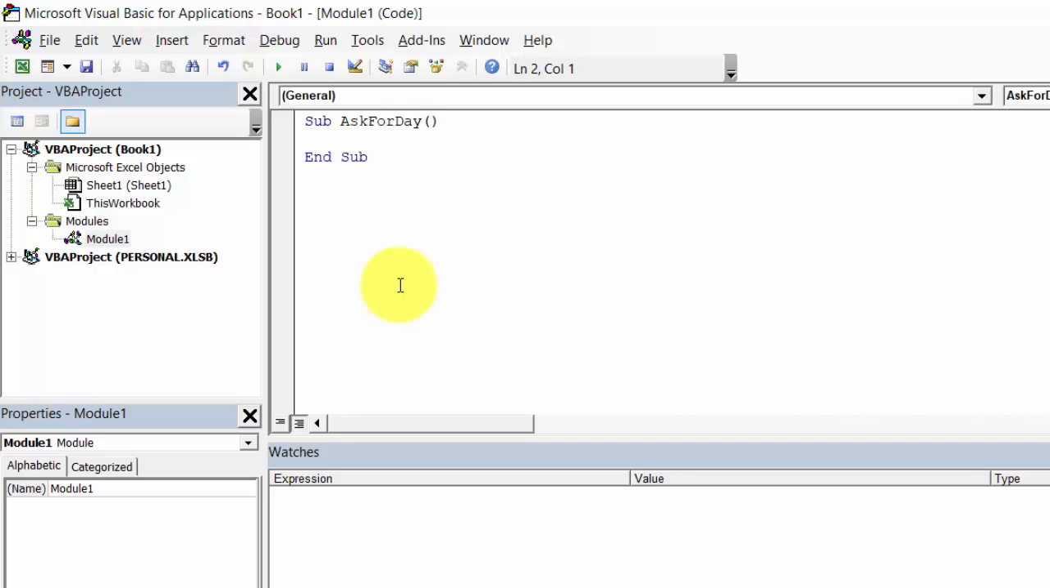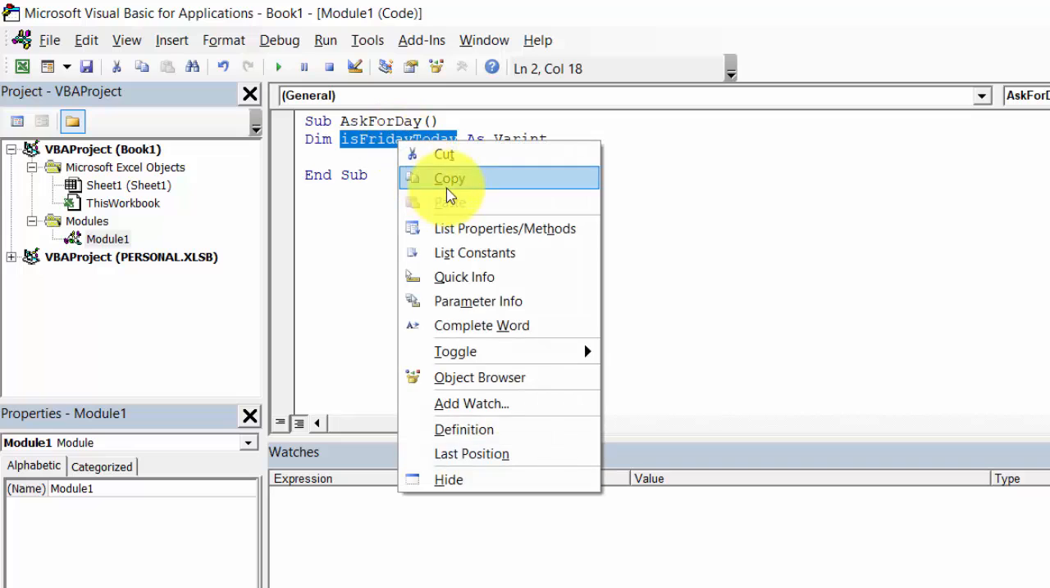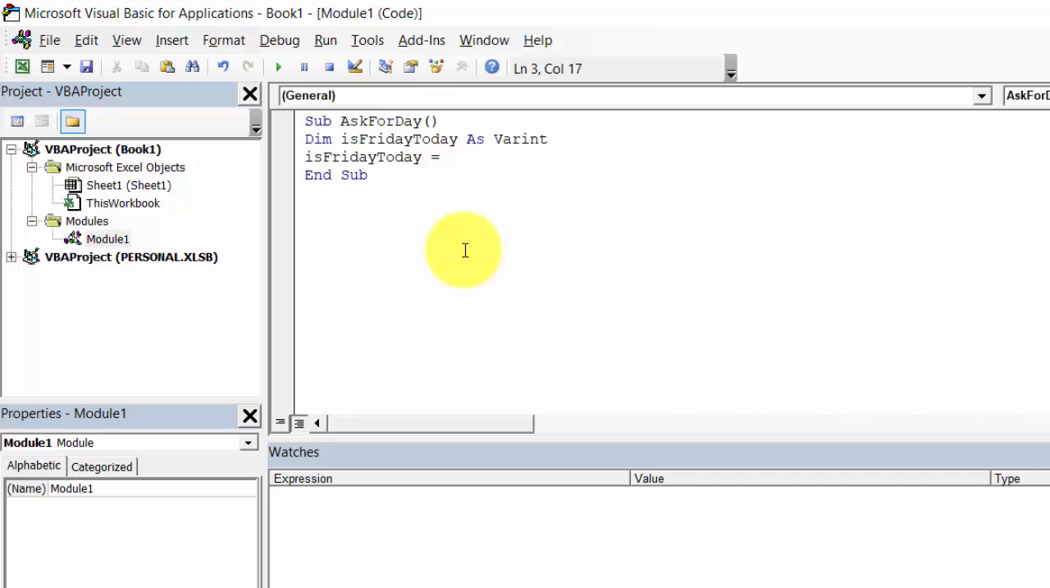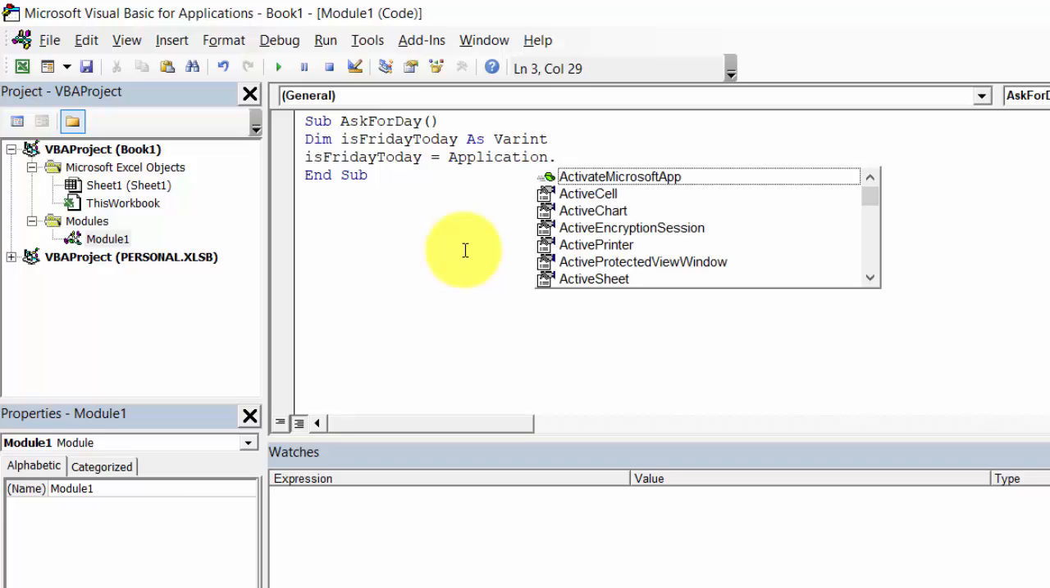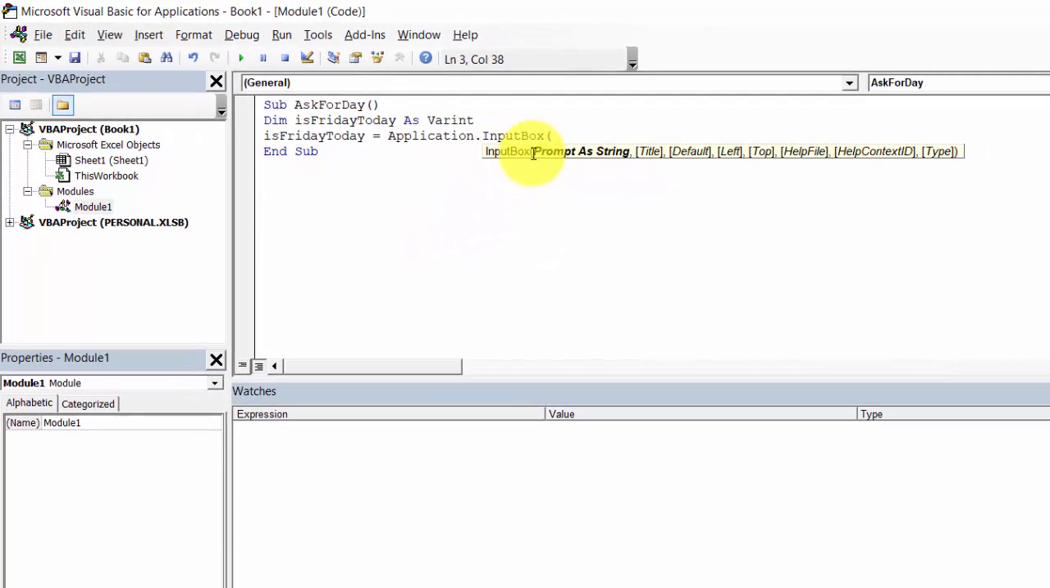Let's create a variable called It's Friday today. It's Friday today equals application InputBox prompt will equal